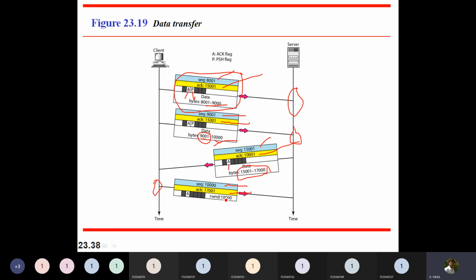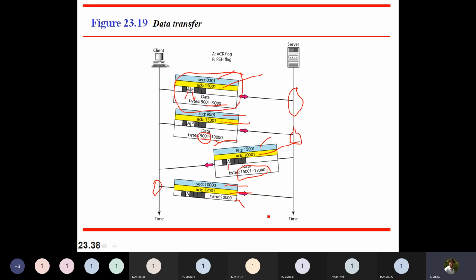What does it mean? If you remember, in the TCP segment we considered, we kept a window size. That window size says what buffer space I have. So here it says I have a buffer space of 10,000. So if you have any data till 10,000 bytes, without asking me, you can keep on sending. That is what this particular packet is saying.